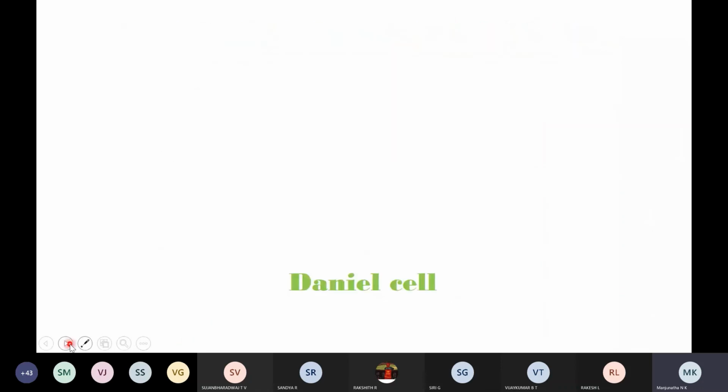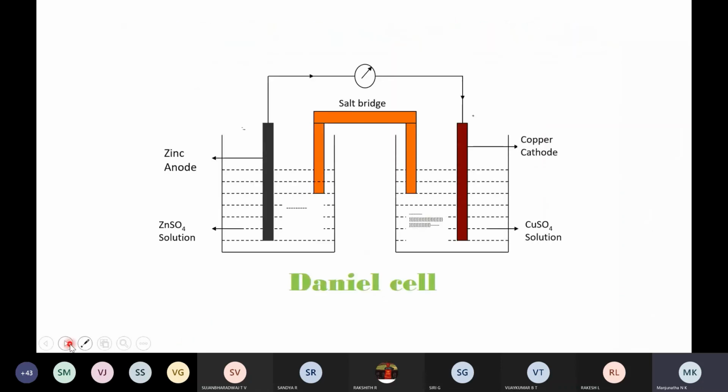After this construction, next coming to the working of the galvanic cell. See, in the galvanic cell there are two containers, one is placed on the left hand side, another one is placed on the right hand side. In the left hand side container it consists of a zinc electrode immersed in a zinc sulfate solution, in which the zinc metal present in the zinc electrode first goes into an oxidation reaction, it will give zinc ions with liberation of electrons. Therefore this zinc electrode is called an anode.